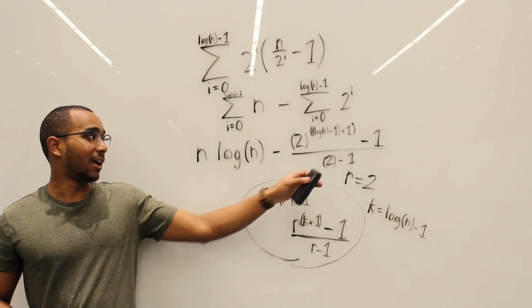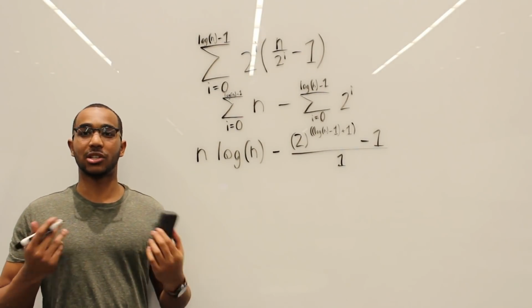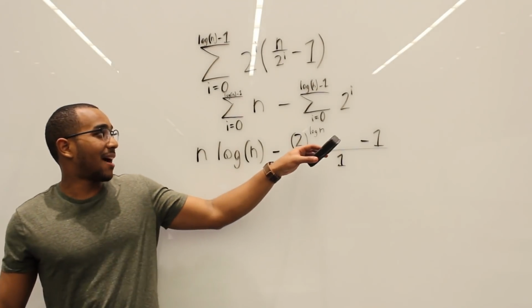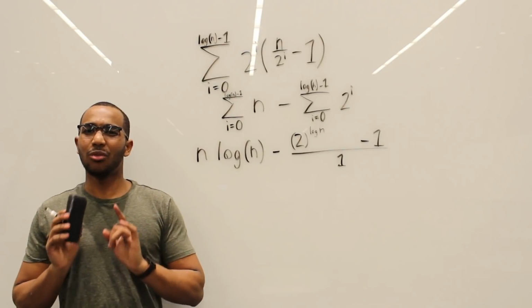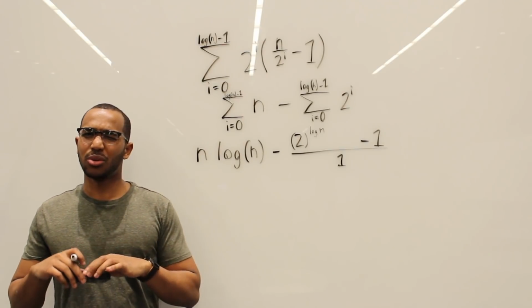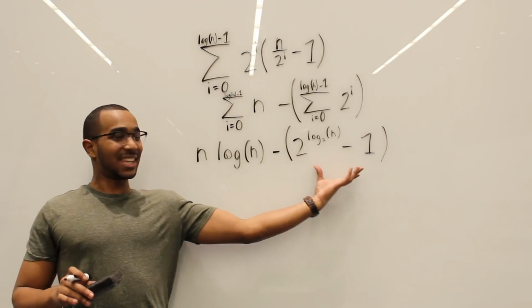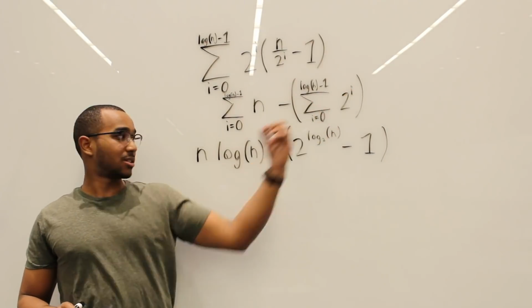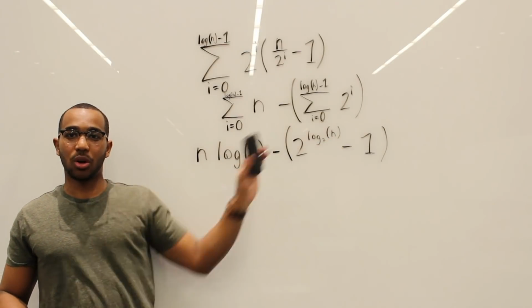So let's simplify. 2 minus 1 is 1. Log n minus 1 plus 1 is just log n. And now we have this expression over 1, so it just becomes the expression itself. I'm going to write the base of the logarithm just so you notice a little pattern here. I wrote some parentheses just so you don't get confused. So we have a base of 2 right here, and then there's a base of 2 on the logarithm.